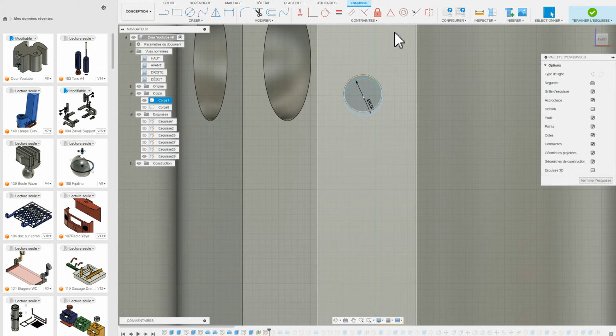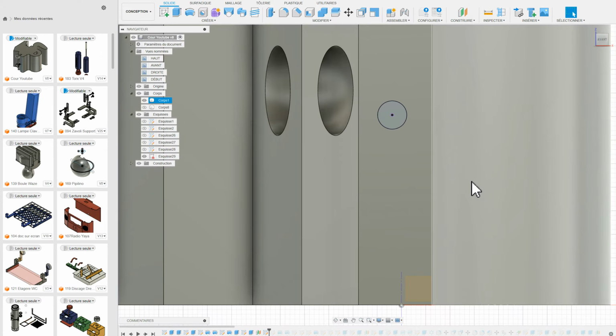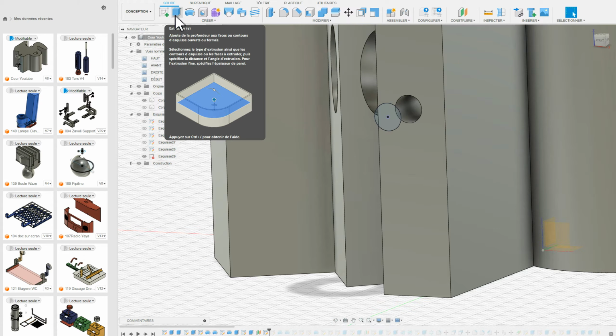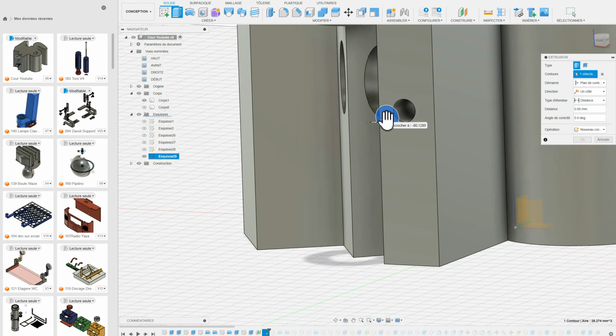It's not aligned, but we'll fix that. So I'll constrain it to be concentric with the first circle, and validate. I rotate slightly and we see we have a new circle at 10 millimeters. I'm going to give it volume with the extrusion tool and we'll set it like the other one, so at